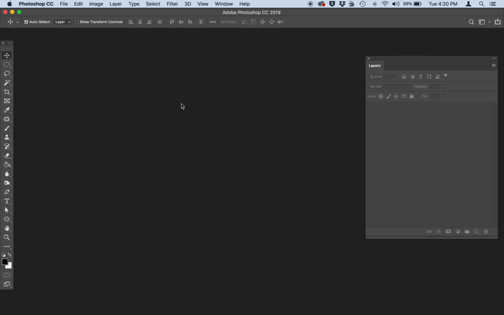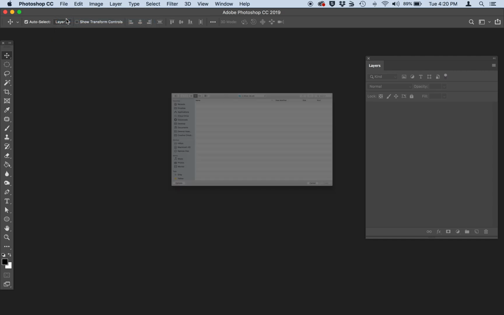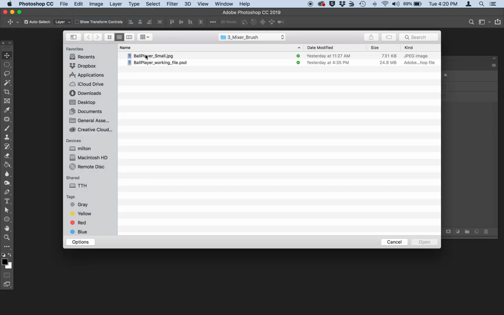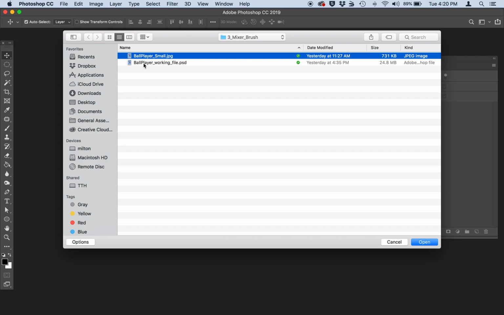Lesson 6, I'm going to go over a really fun tool called the Mixer Brush. But first, let's open two files that I want you to use for this exercise. So I'm going to go to File, Open, and the first image that we're going to be working with for this tutorial is called ballplayersmall.jpg. And then if you want, there's also this image called